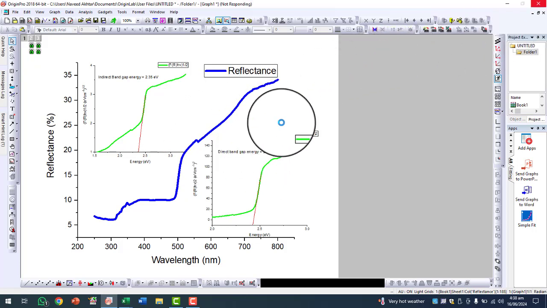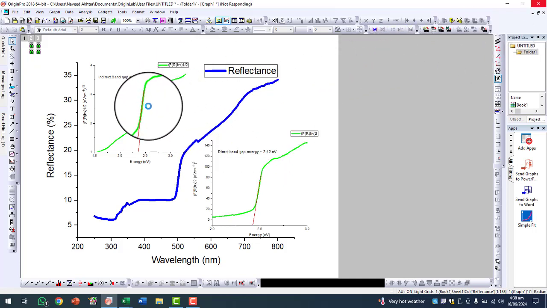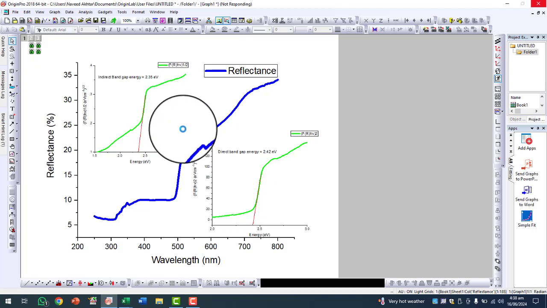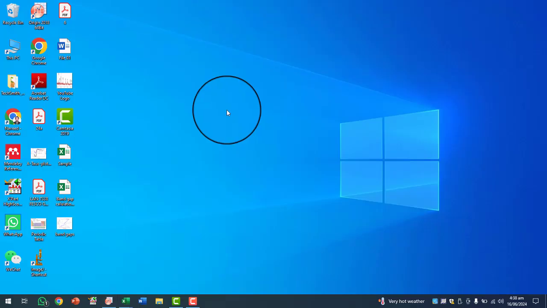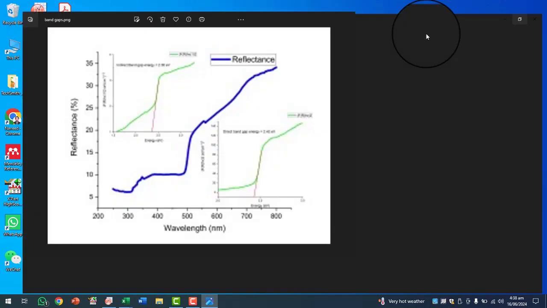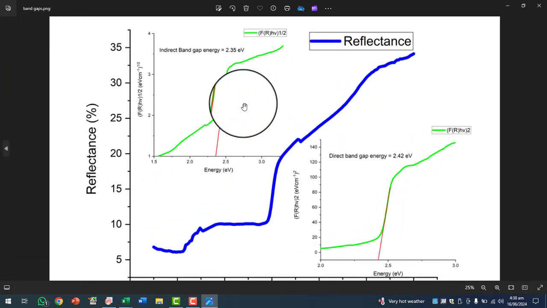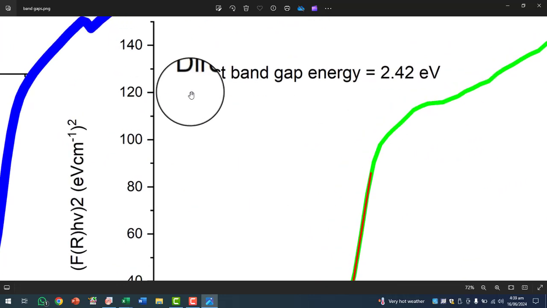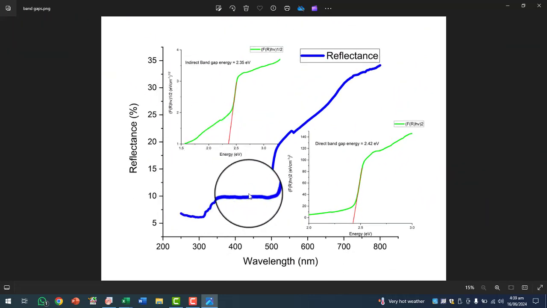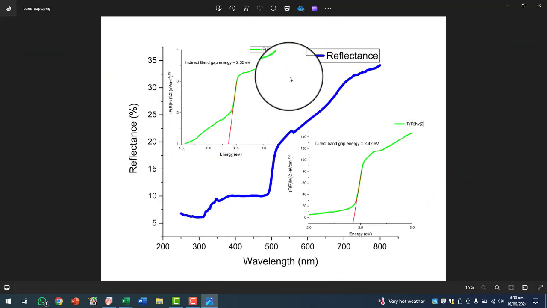Now when it is in progress, as it has been saved, you can simply see the band gap energy of my material. You can open it, and it is saved in picture form. So this is the indirect band gap energy and direct band gap energy, and this is the reflectance spectra of your material.